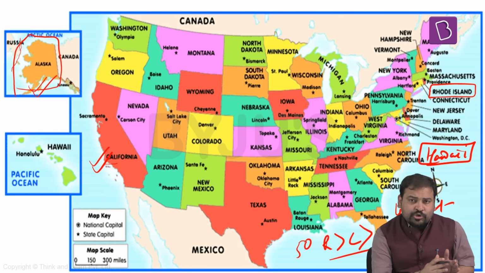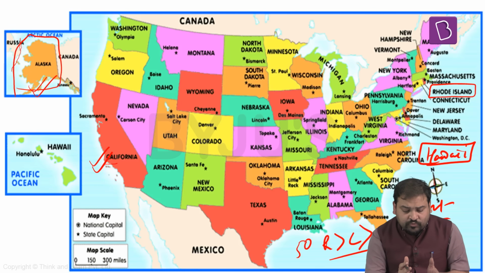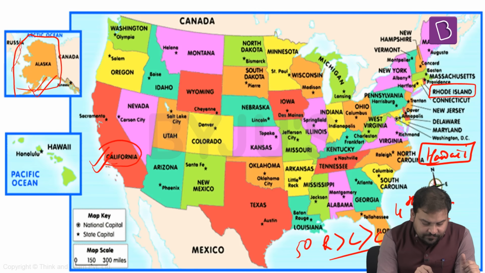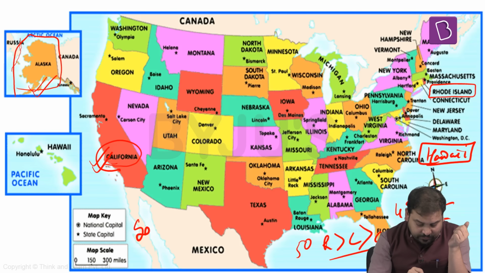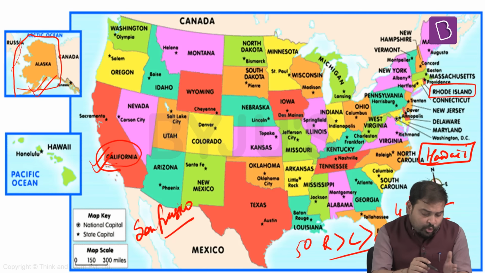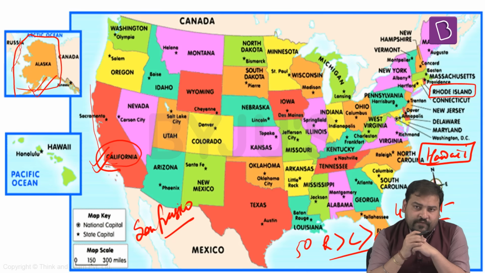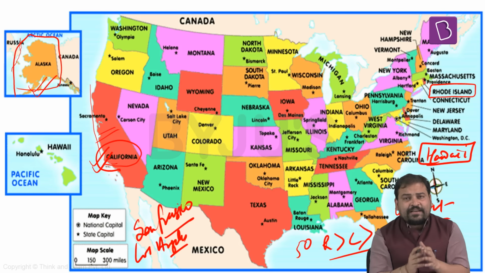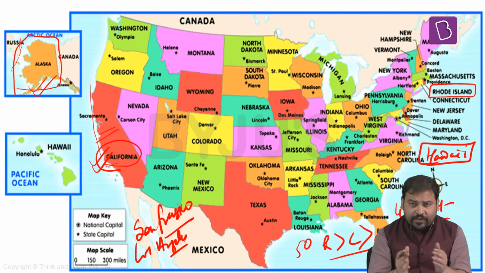Just as we had looked into the important towns of Canada, now let us look into the important towns of the USA. We shall start from here, that is California, the first state, having two very important cities. One is San Francisco, which is the largest port on the Pacific. Apart from being the largest port, San Francisco is also known for Silicon Valley. Another important town of California is Los Angeles, the second largest populated city of this country after New York, and also very famous for its film industry.